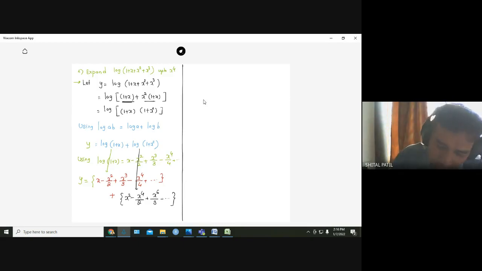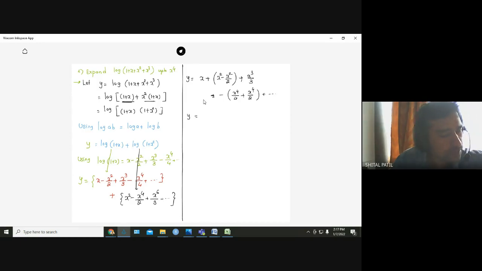Yes, therefore y equal to x, then x square term, there are 2: x square minus x square by 2, x cube single term, x cube divided by 3, plus x raised to 4. Yes, both of them are negative only: minus x raised to 4 by 4 plus x raised to 4 by 2. Negative sign is taken outside. Simplify this. So y equal to, add the expansion,